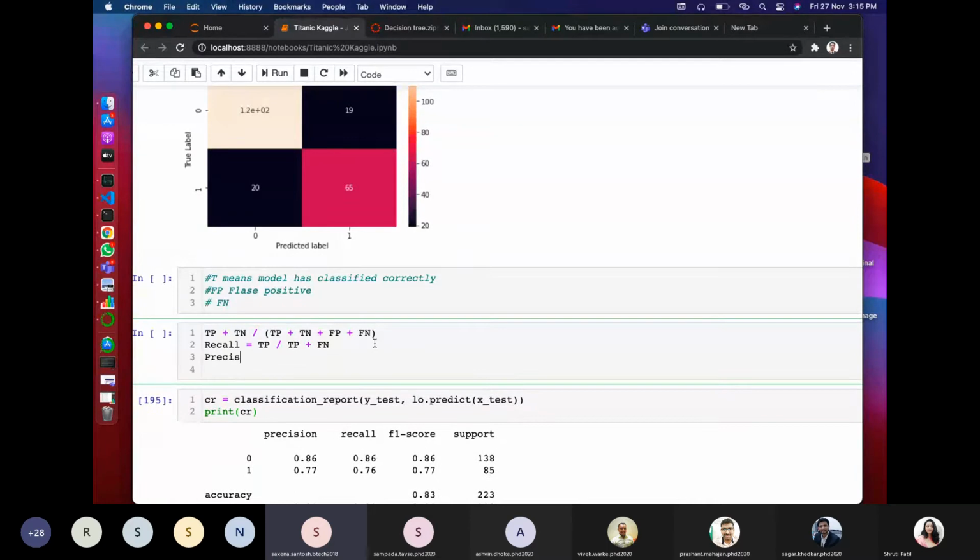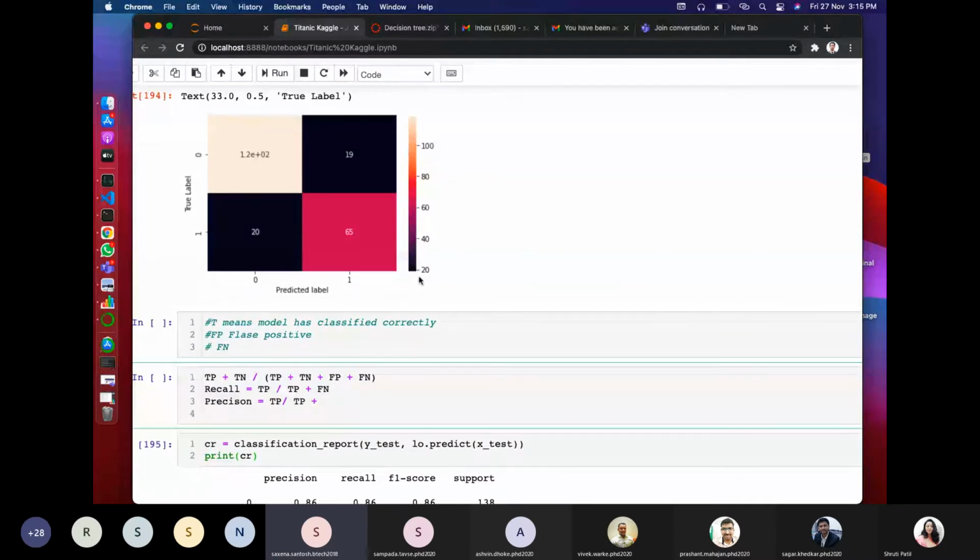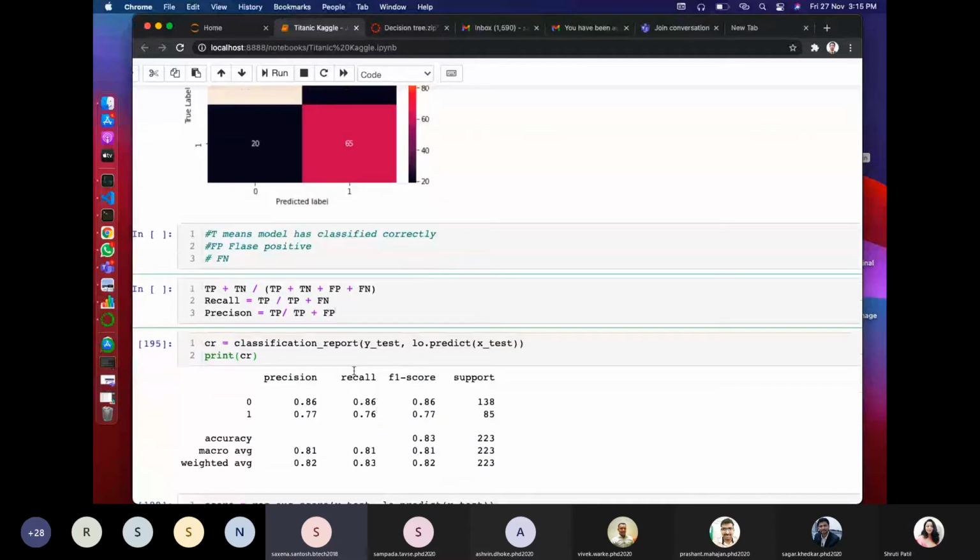The next is precision. The precision formula is calculated from the machine's point of view: true positive divided by true positive plus the false predictions given by the machine which are positive. These are the three formulas we will use for measuring analysis.